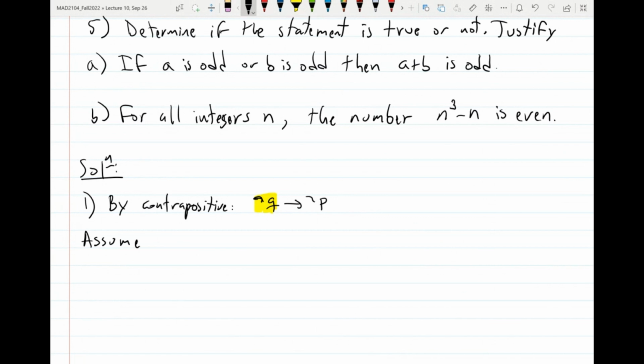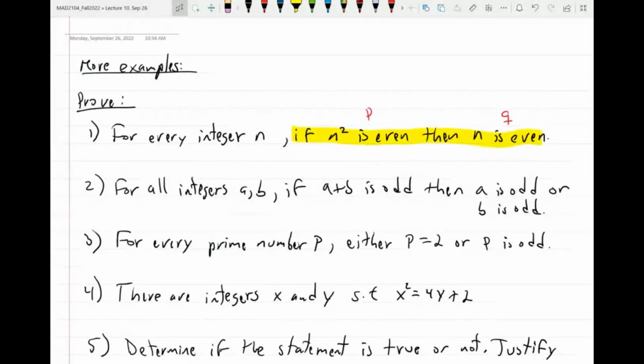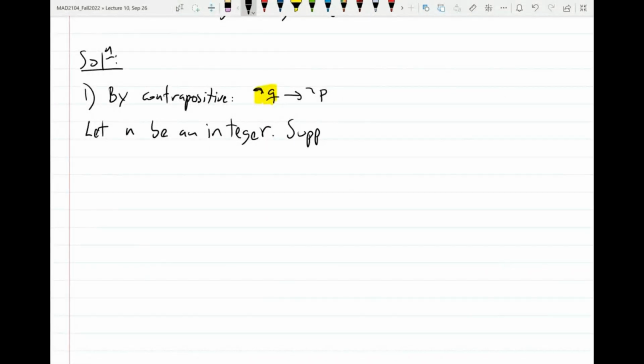So assume, it's understood here that we should start by saying let n be an integer. Okay, whatever integer you want. So it's an arbitrary integer. So I guess the line here that's implicit is, okay, if n is even, we're done, right? Because that's what we want to prove. So the interesting thing is, what if n is odd? Okay, so suppose n is odd, because if it's even, we are done. So suppose n is odd,